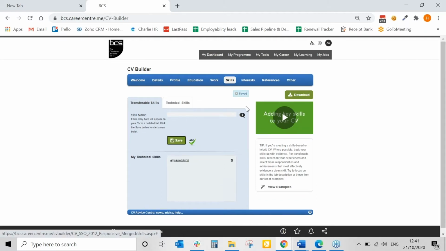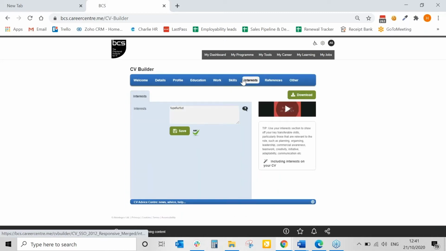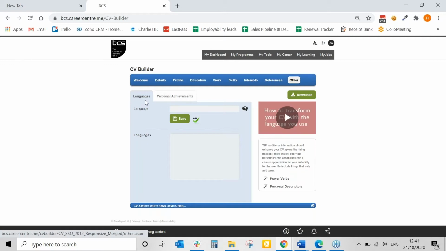Save that information. Interests and references are personal preference, whether you'd want to add your interests and hobbies or whether you have references. I think if you're in graduate positions and this is your first full-time job, it may well be that interests and references are a good thing to add in just to bulk out your CV. And then if we go to other, so any other thing like personal achievements or languages,